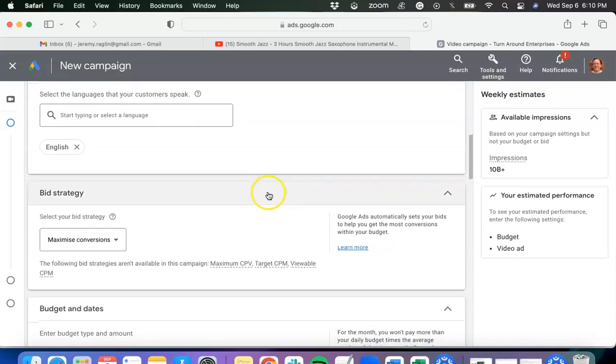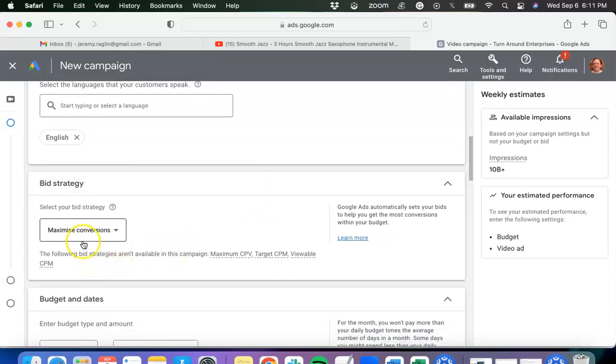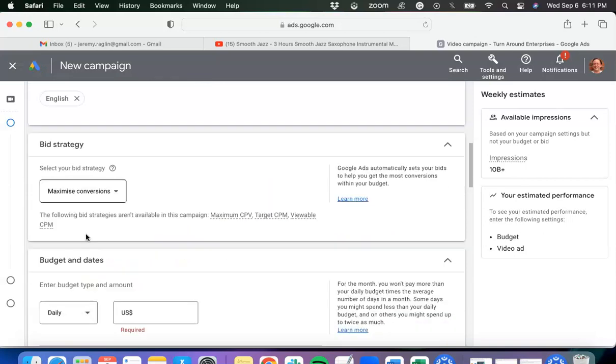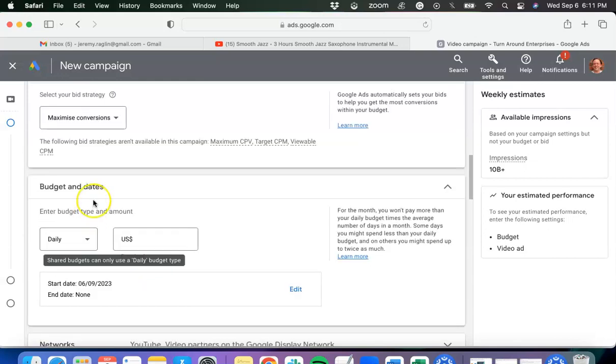Next, you want to choose your bid strategy. I recommend leaving it on maximize conversions. And from here, you want to choose your budget and your dates. I always recommend sticking with daily and setting an amount for the money that I want to spend on a daily basis. For someone who's just getting started with running Google Ads, I'd recommend starting out no less than $5 a day, because if you put in $5 a day,